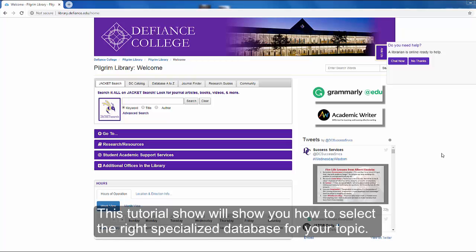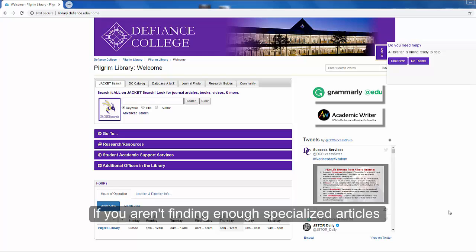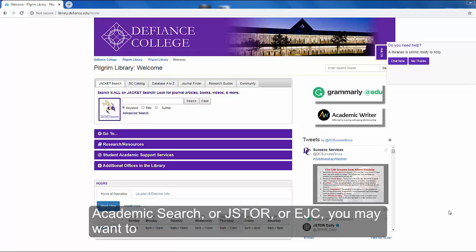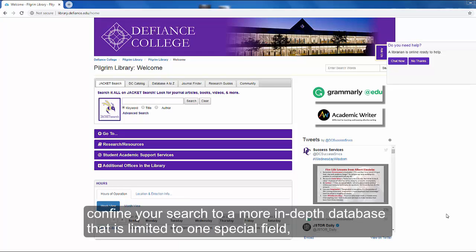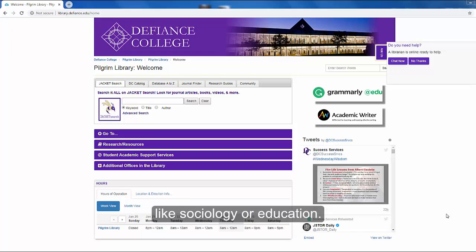This tutorial will show you how to select the right specialized database for your topic. If you aren't finding enough specialized articles in the multi-topic general databases like Academic Search or JSTOR or EJC, you may want to confine your search to a more in-depth database that is limited to one special field like sociology